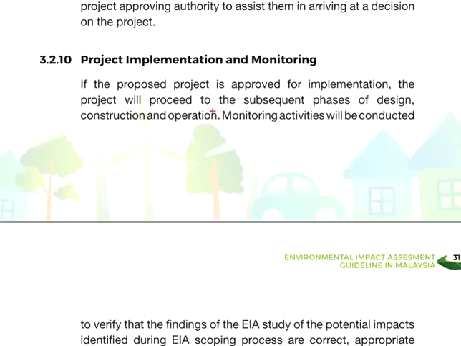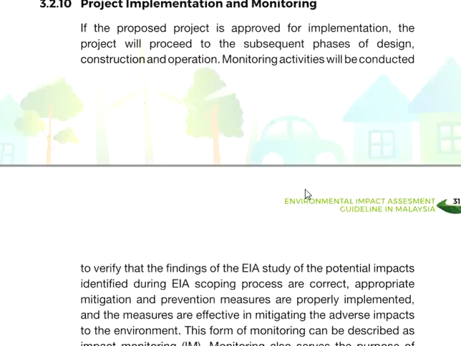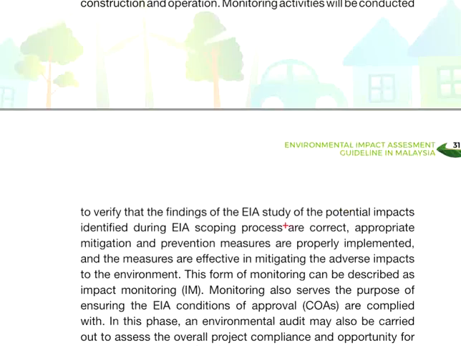After that, monitoring activities will be conducted to verify the findings of the EIA study of the potential impacts identified during EIA scoping process, whether the scoping is correct or not, and also to verify whether appropriate mitigations and prevention